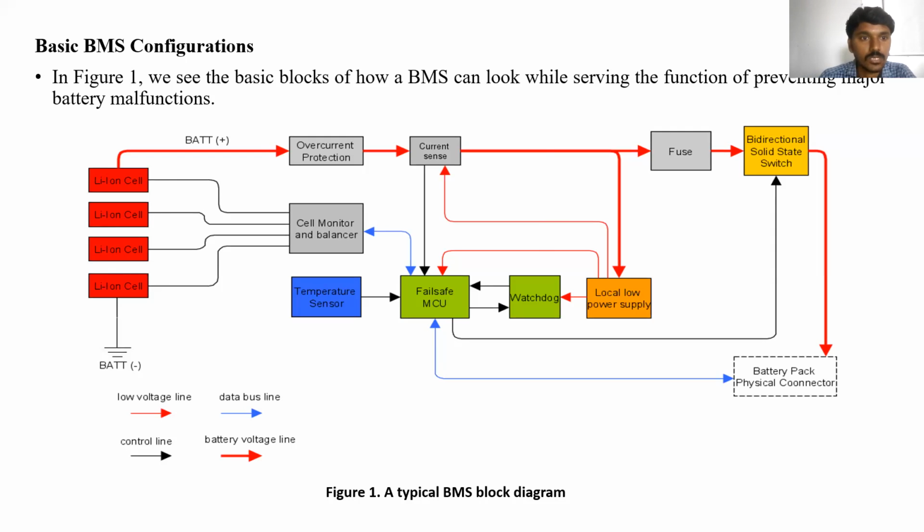So we have seen some typical configurations of the battery management systems. What is the role of the battery management system? It should monitor the parameters. It should control the current and also monitor the voltage level of each cell in the battery. A battery has a number of cells, two cells, three cells, four cells, or more, and all these cells are connected in series.